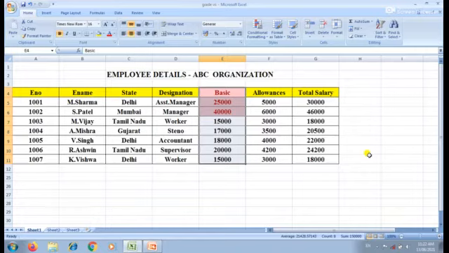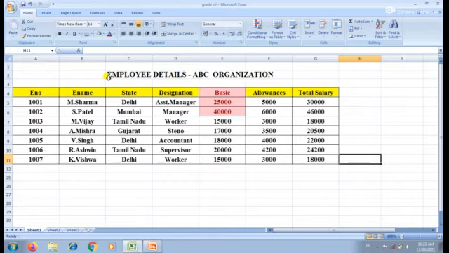Now see here, student, Excel displays the data with cells having values greater than 20,000 highlighted in a specific color. Is it clear, student? For that we are using conditional formatting.